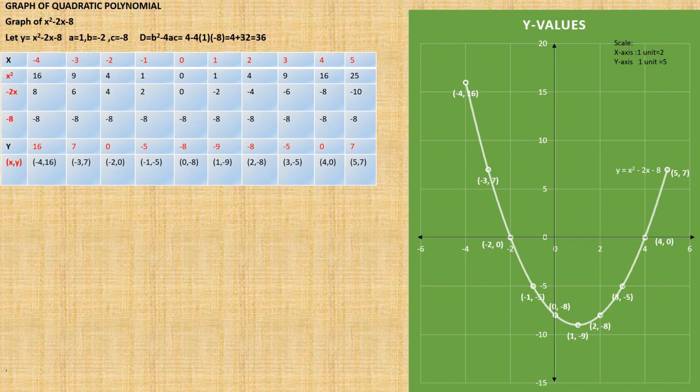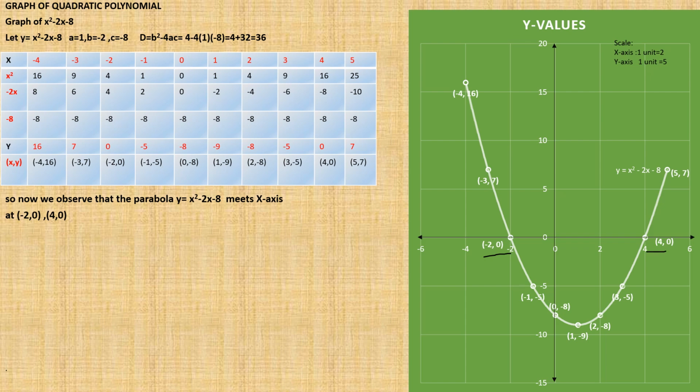So the polynomial is y equal to x square minus 2x minus 8. You have to write the equation of the polynomial here, and you have to write the points also, plotting the points also on the graph itself. Then once you observe, the graph meets the x-axis at minus 2 comma 0 and 4 comma 0. It meets at 2 points, minus 2 comma 0 and 4 comma 0.